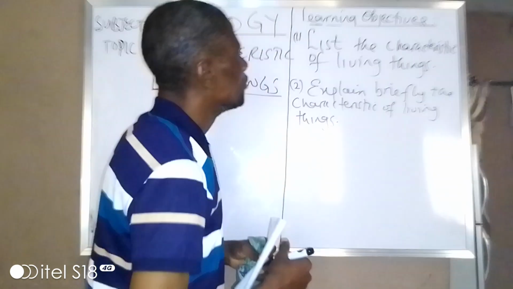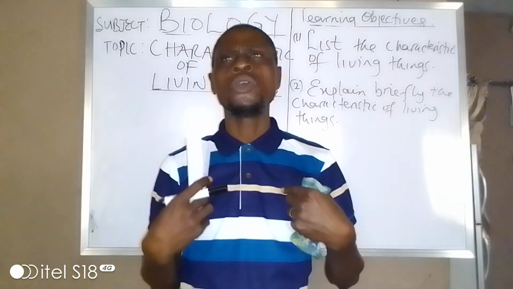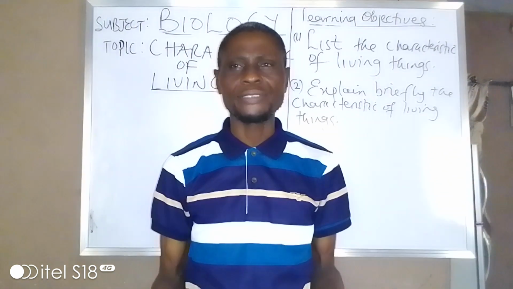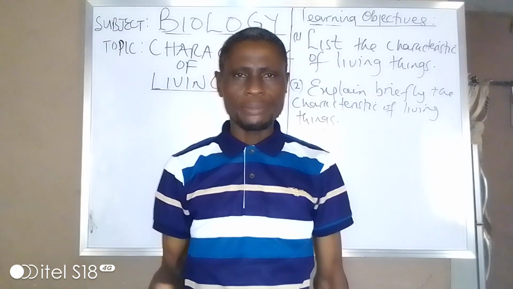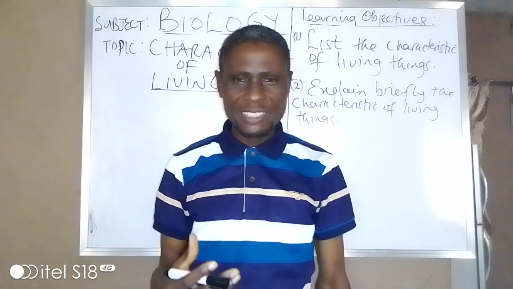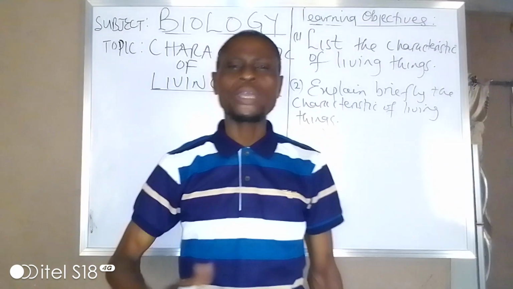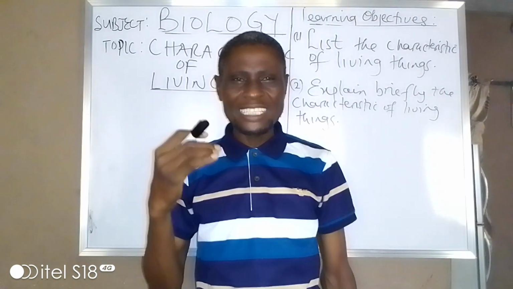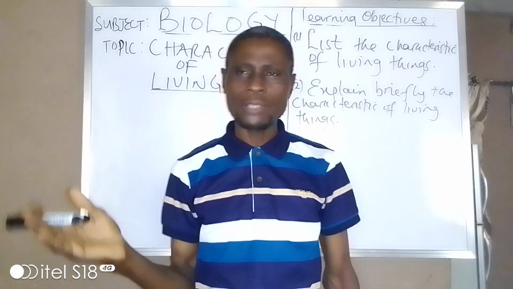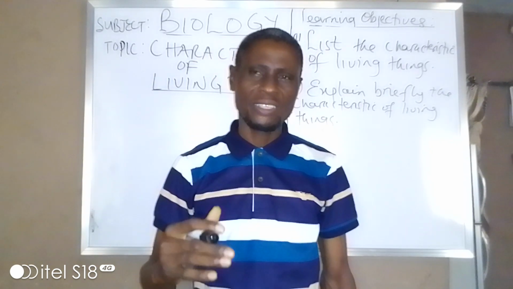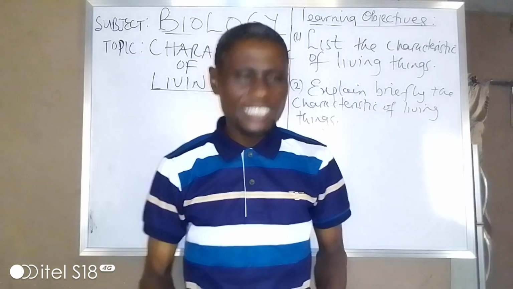Let's go over them. Now, living things. I am an example of a living thing. When you look at me or you look at ourselves, what are the things that we normally carry out? We breathe in. We eat. We move from one place to another. These are some of the things that we carry out. So this gives us an idea of the characteristics of living things, the things that we do. If you look at plants too, they also do some things which belong to the characteristics of living things as well. Let's list the characteristics of living things.